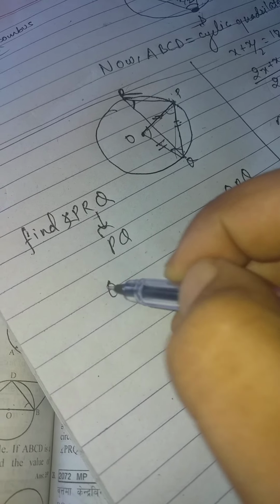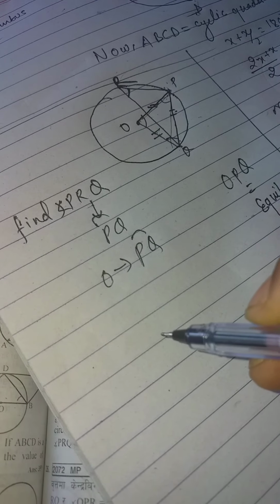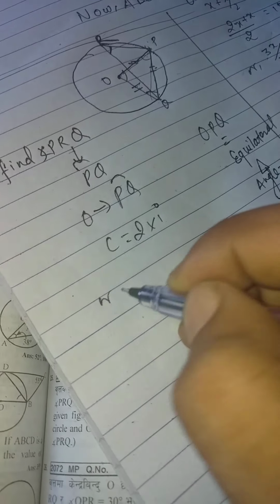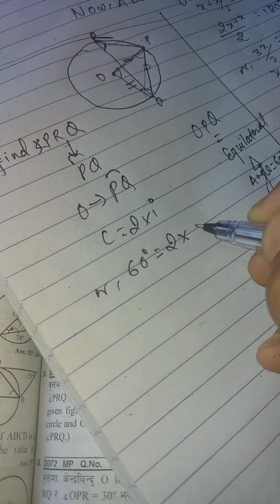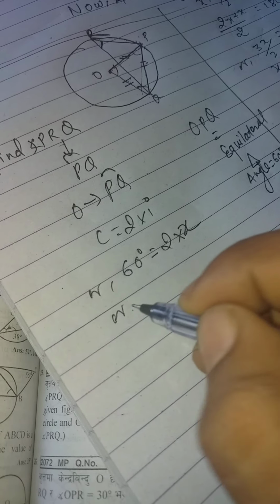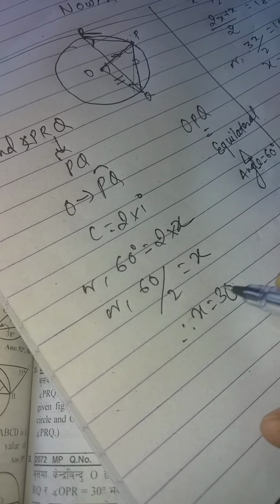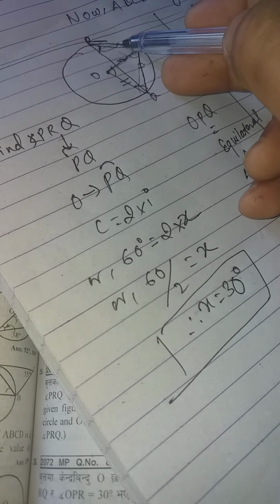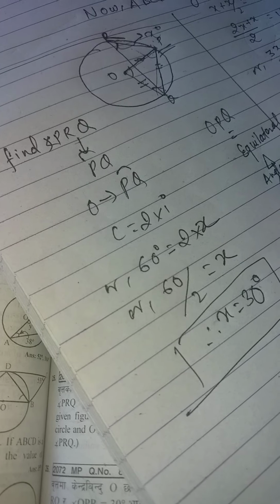And the central angle O is also having arc PQ, and we know that the central angle is 2 times the inscribed angle. The central angle is how much? It is 60 degrees, and it is 2 times the inscribed angle, that is PRQ, which is your x or whichever. 60 divided by 2 is equal to x, therefore x is equal to how many degrees? 30 degrees. Are you getting it? I'm supposing this angle as x degrees. Okay, x degrees, very easy. Look at the figure once.